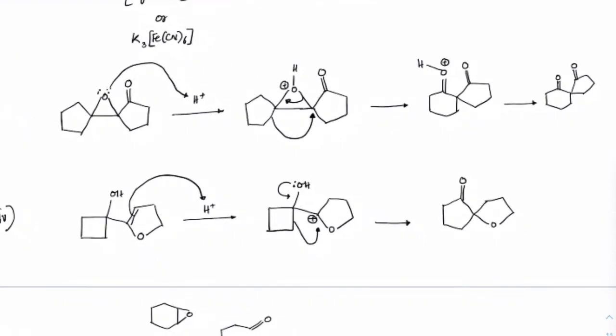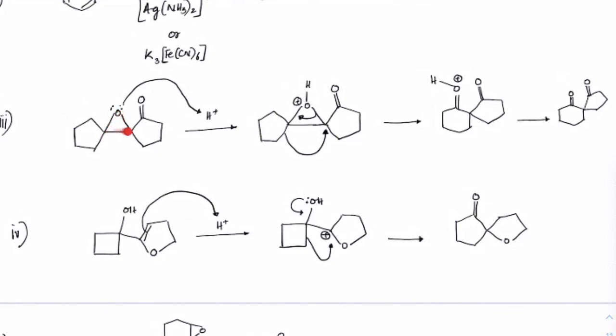Next, sometimes you would be given questions based on epoxides. Check out how epoxides react. When there is a competition between the C double bond O and the epoxide, the epoxide lone pair would be more available. So it will get protonated first, and once the protonation is done, the ring breaking has to happen. So ring expansion is more favored here. This ring will break, and there would be attack from this end. So this 5-membered ring will become a 6-membered ring. The bond here is broken and this will become a double bond, OH. So this will be the final product.